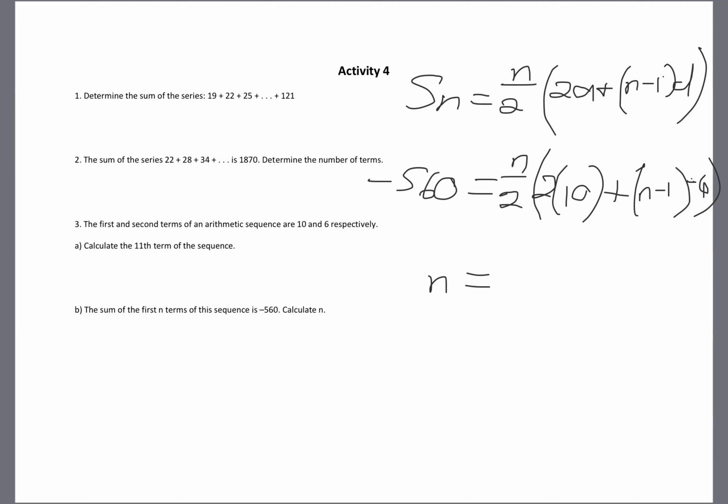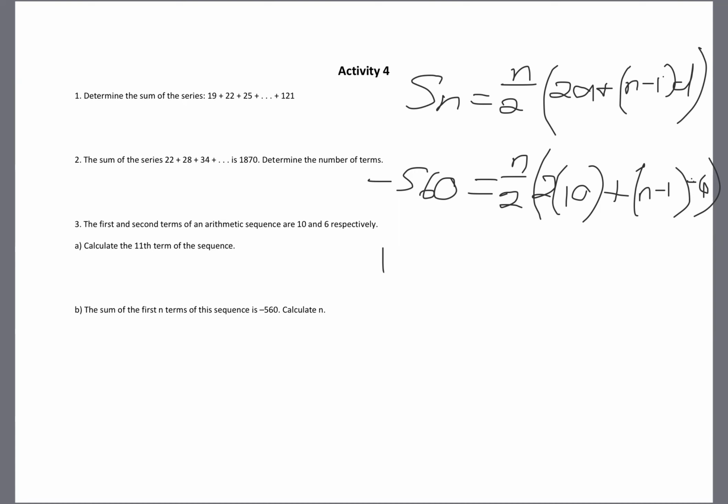Positive 19.5 and negative 14.3. Okay, your answers are close. Let's see what happened. Your answers are close, but they shouldn't be fractions. They should be whole numbers. Okay, so where did you start? You started by multiplying the 2 over, right? And you got negative